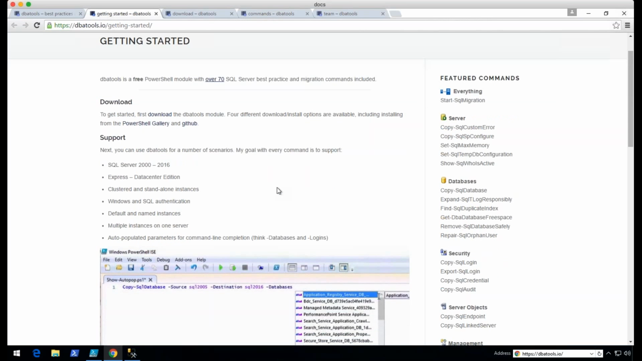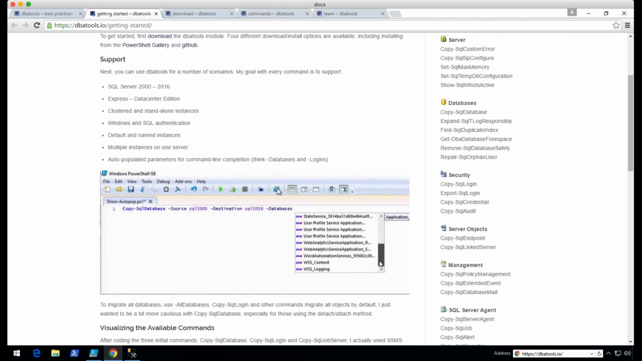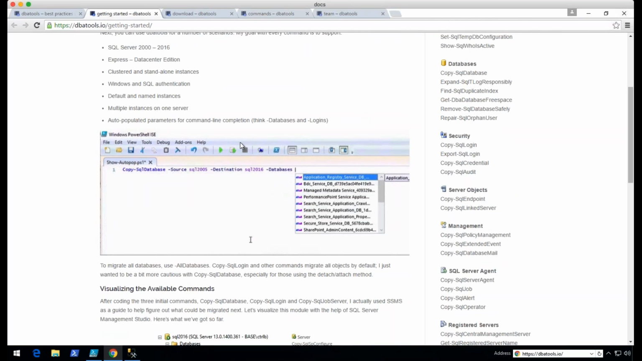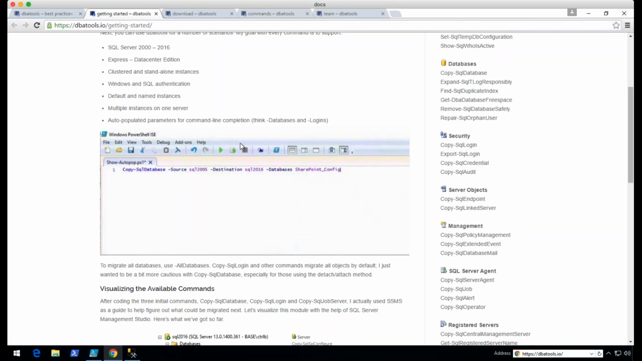So it shows you, you can go to download. It covers the support that I talked about earlier, so it does go through Express, through Data Center. It works with Windows and SQL authentication and everything like that. And each of them, I really try to auto-populate each of the parameters. This is something that's super cool about PowerShell, where you can just specify databases. It'll go out to the source and grab the list of databases, and then you can just specify it that